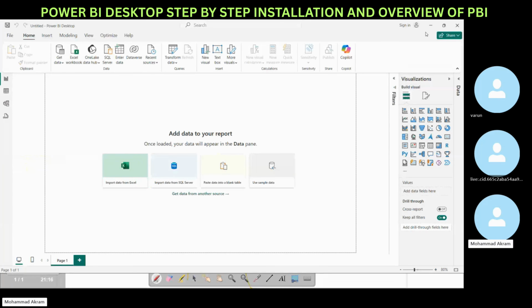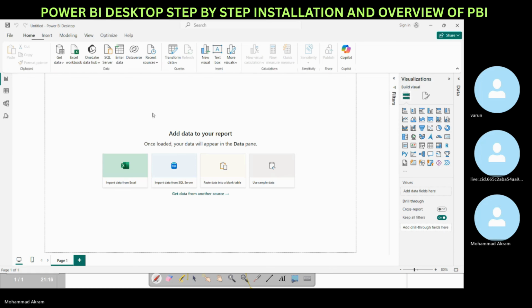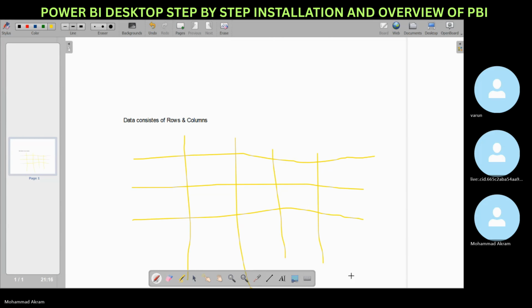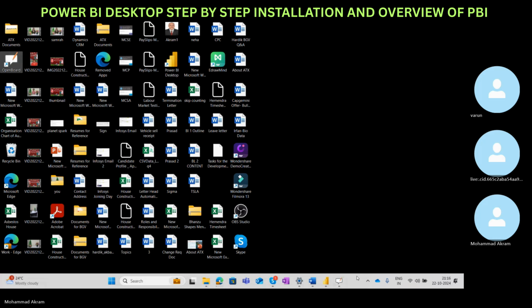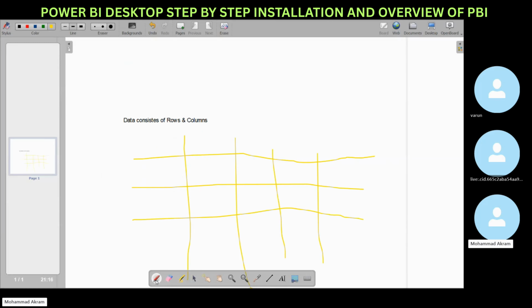So here, after opening Power BI Desktop, you can see the ribbon. We have the home ribbon, right? In this ribbon, we have home, insert, modeling, view, optimize, help. All these are here. Coming to this area, coming to this area,